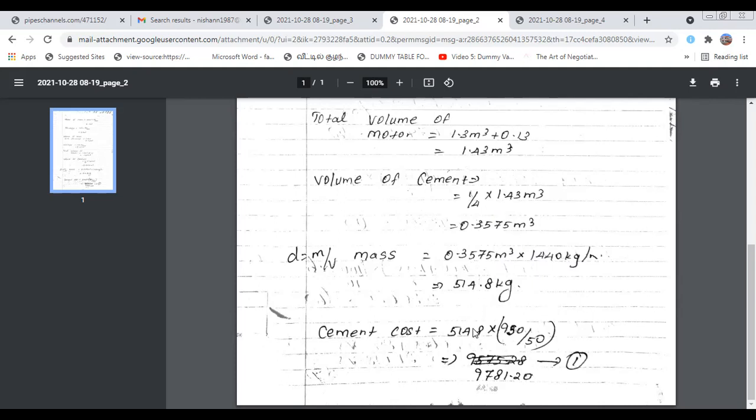Cement cost: 514.8 kilogram. We know one bag of 50 kilogram is 950 rupees. So 514.8 multiplied by 950 divided by 50 equals